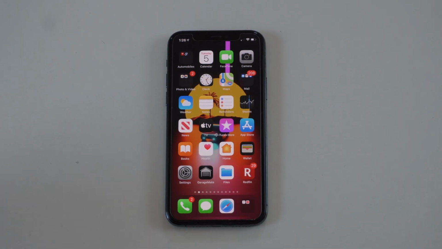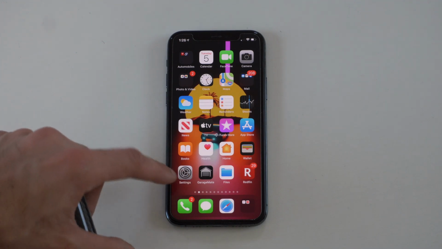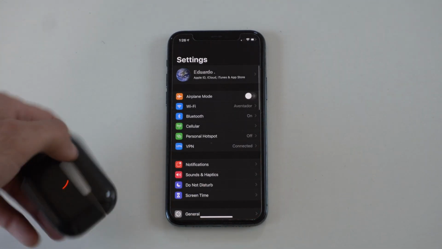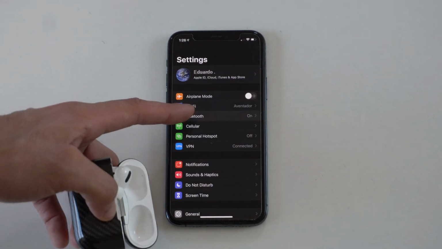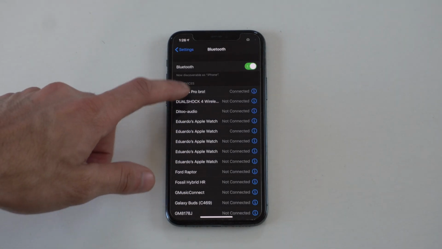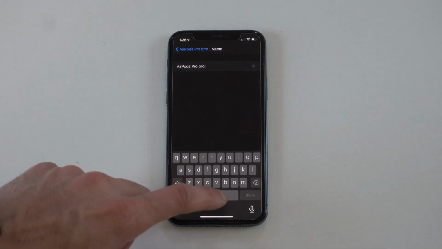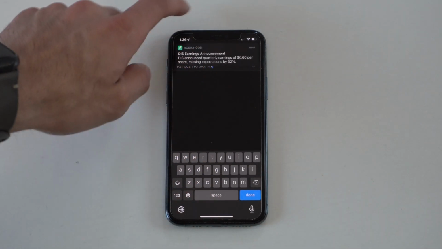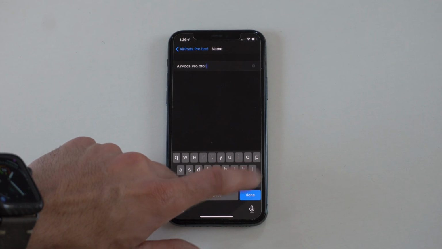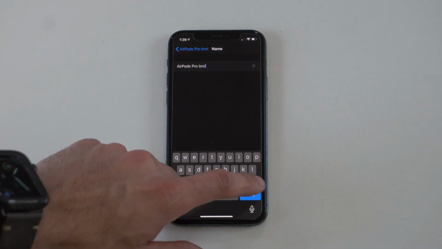Now before we go to our next one, it's really important to first change the name of your AirPods. If you're unfamiliar with how to do this, simply go into your settings, go into your Bluetooth tab, hit the little blue icon right next to the AirPods name, and right above here is where you can edit, and tap done. And that's how you change the name of your AirPods, because for this next one,